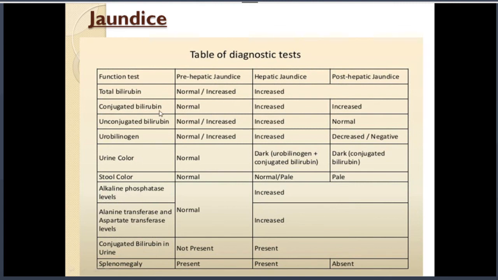When we were discussing blood, in pre-hepatic jaundice the conjugated bilirubin will remain normal, and the unconjugated bilirubin will increase because there is increased RBC destruction. So the unconjugated bilirubin being formed is more than the capacity which can be converted into conjugated form by the liver. So unconjugated bilirubin will increase. On the other hand, for hepatic, both unconjugated and conjugated will increase because hepatocytes are not up to the mark of their capacity to convert it into conjugated form, but they will try their best.